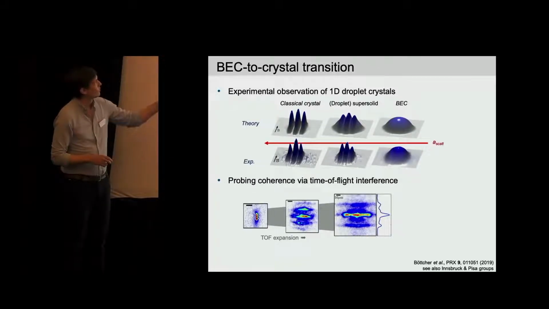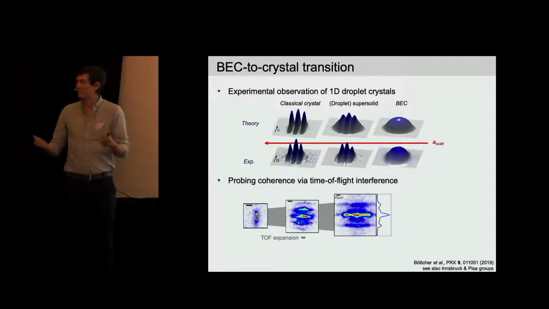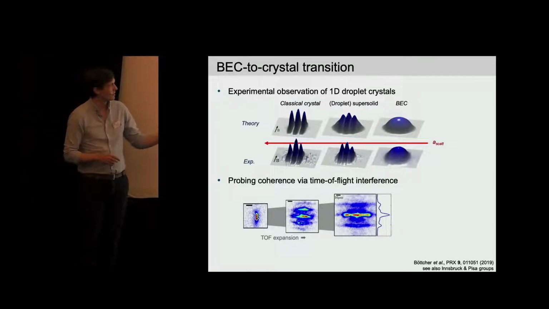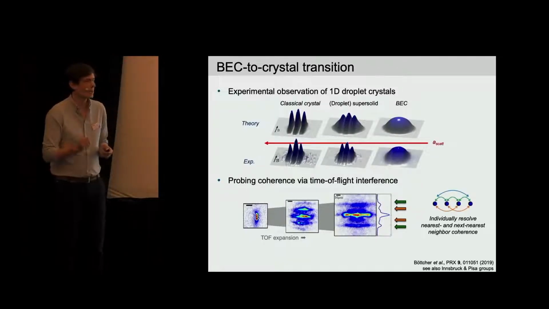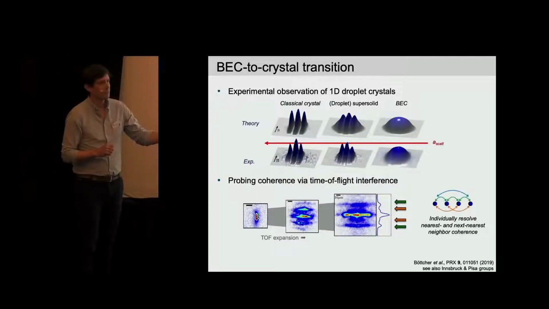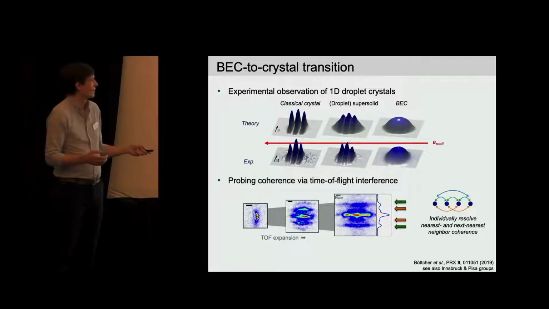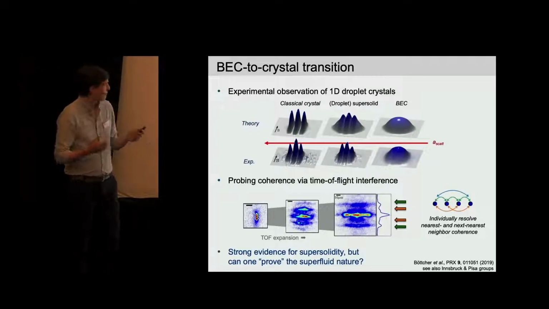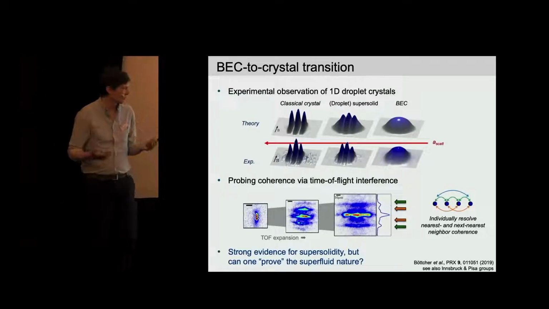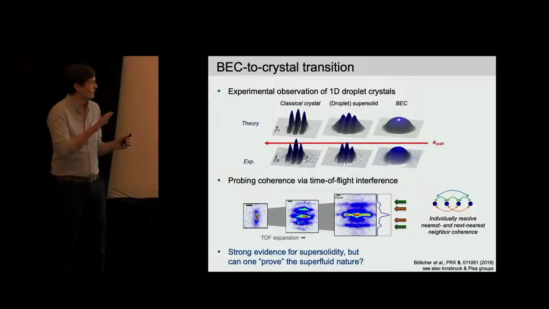You can also take this potential supersolid at this point and let it expand, a typical matter wave interference experiment, and you see you form very nice interference patterns. One thing I would like to point out here is that this is not your textbook two-slit experiment anymore, but you're actually interfering multiple of these droplets, and so you're getting more peaks here. And every set of peaks allows you to individually resolve the nearest and next nearest neighbor coherence. Now, again, this can be mapped out, and it's all in agreement with theory, so it's very strong evidence for supersolidity, but it's not yet a proof that this is still really superfluid. So far, it's just coherent, so to say.